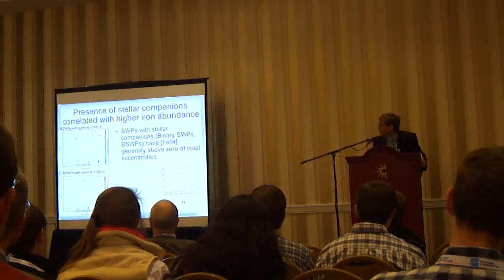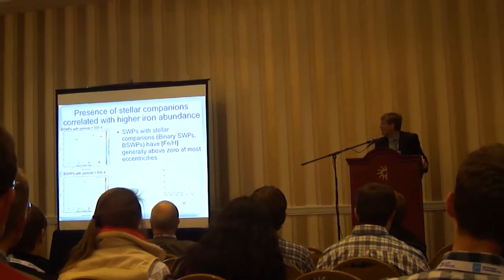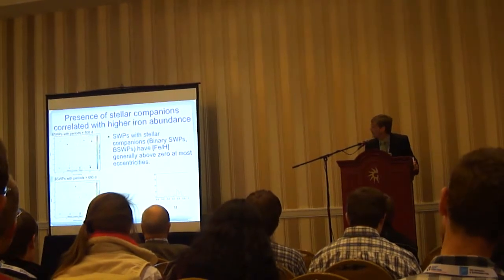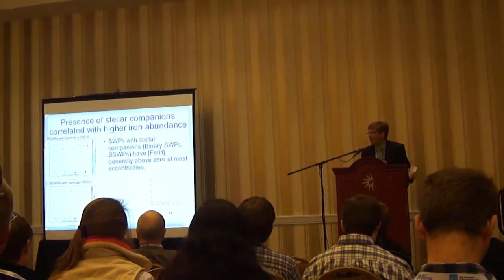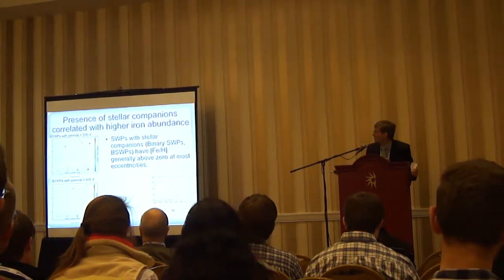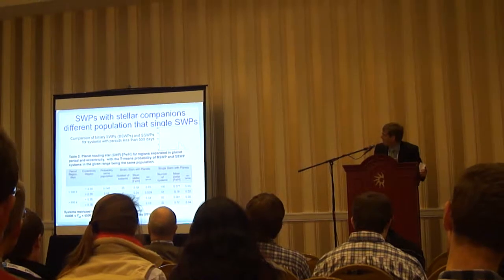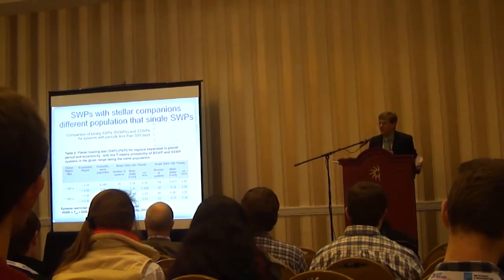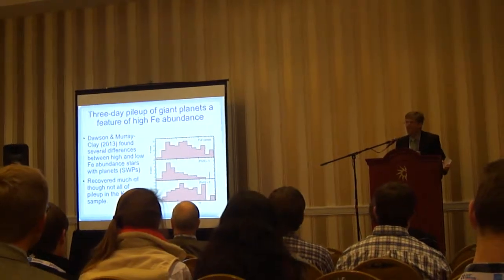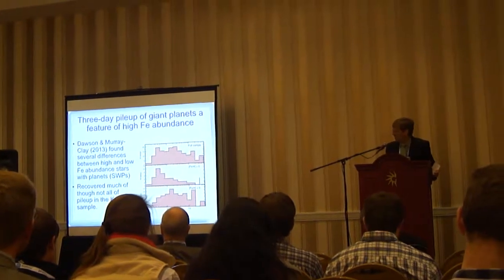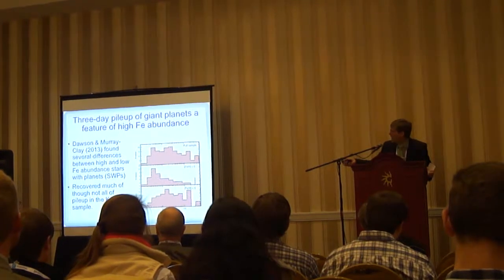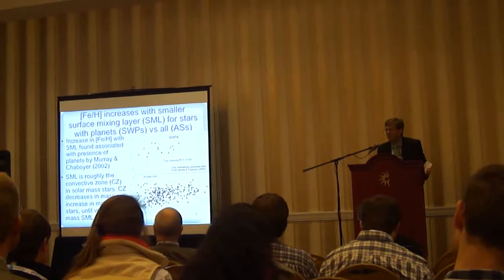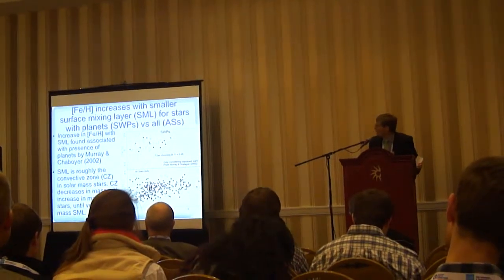Now, while I'm promoting planet flow going inward, I've also found that if there's a binary companion, the metallicity is higher. This would argue for formation. So we have this debate between, does the metallicity come from formation or from pollution? Here again, statistics showing that with binary stars, it probably means that you have to have higher metallicity in the beginning. So here, Rebecca Dawson showed that the pileup has to do with metallicity, and this is